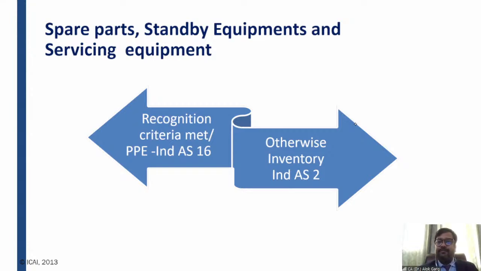First of all, you need to see whether it is meeting the definition of property, plant and equipment. These are tangible items, of course. These are held for use in production or supply of goods and services. Yes. Why? Because these spare parts, standby equipment and servicing equipment are, of course, for machinery, and it is used for production or supply of goods and services. For example, we have purchased a truck and we have purchased some spare parts of the truck, right? So yes, it will be there.